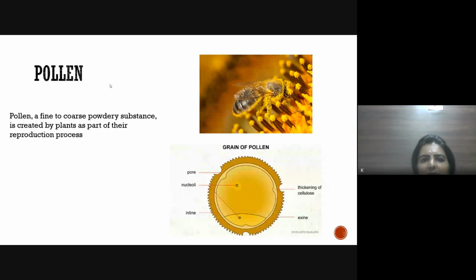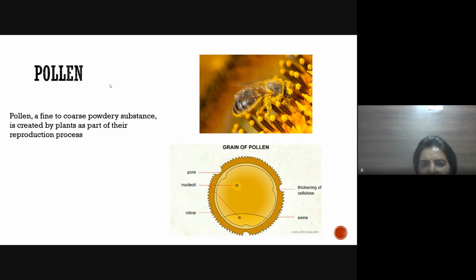What you can see here is a bee visiting the flower, and it is totally coated with pollen. Then it will go to the next flower. What happens? It will be pollinating. Then there will be seed set. So the male reproductive organ of a flower is pollen, which is responsible for all the agriculture happening all over the world. It will set fruits only after mating, after pollination. The pollen is transferred into the female part, and only then